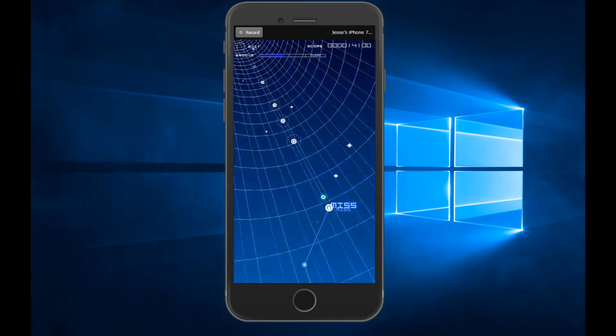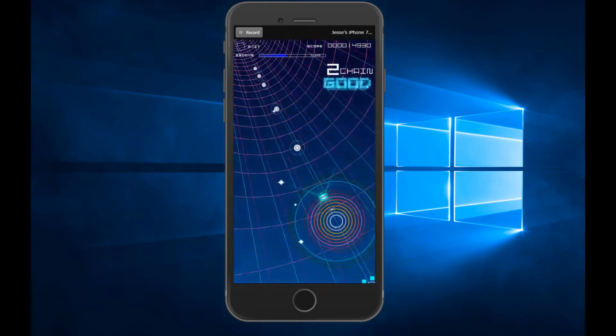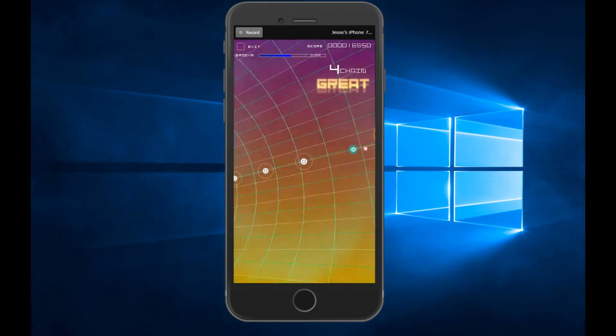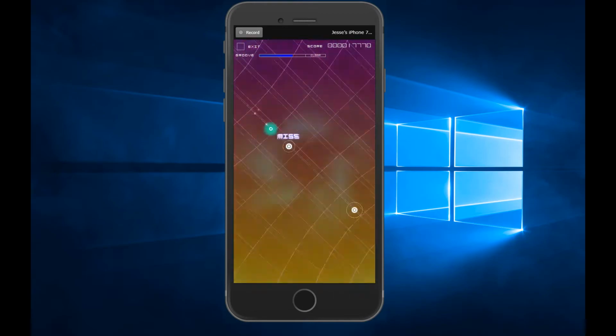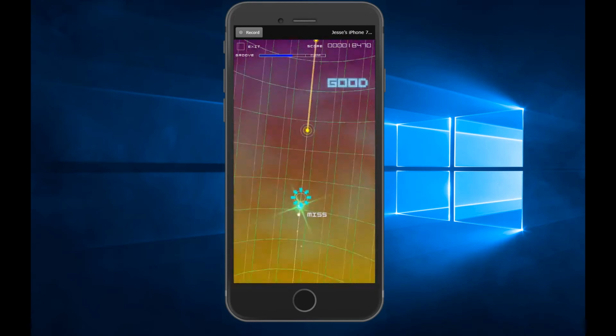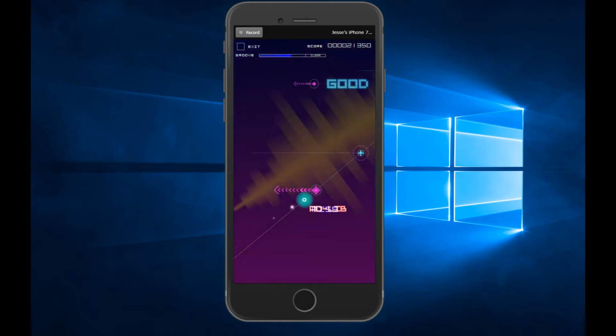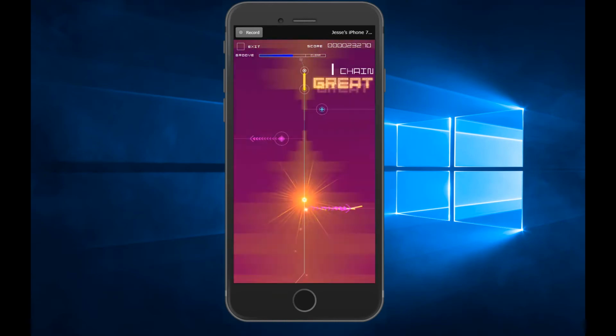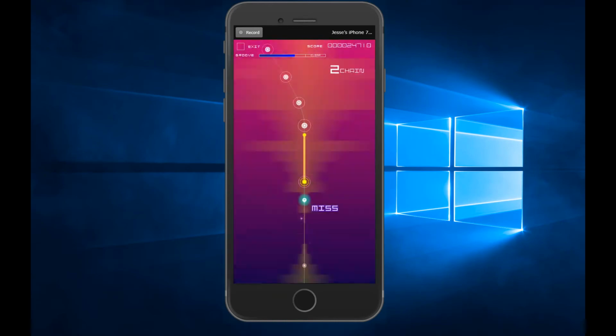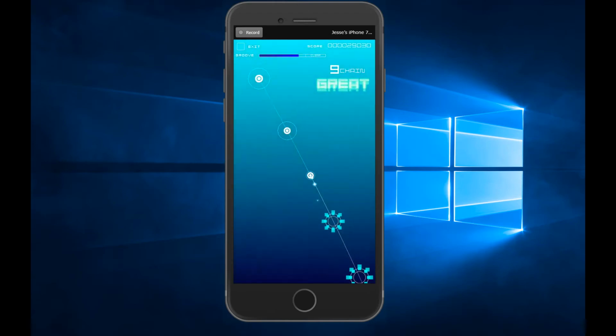Tap, tap, tap, tap, tap, tap, tap. See how the level's moving? And I can't talk and play this at the same time. Oh God. Oh God, there's motions. Holy Christ.